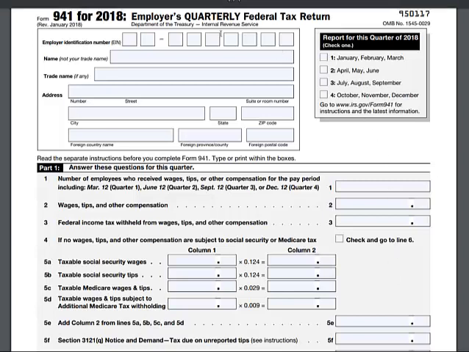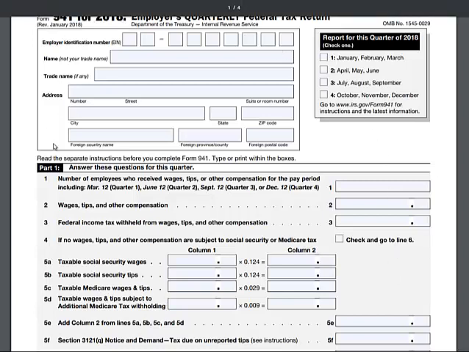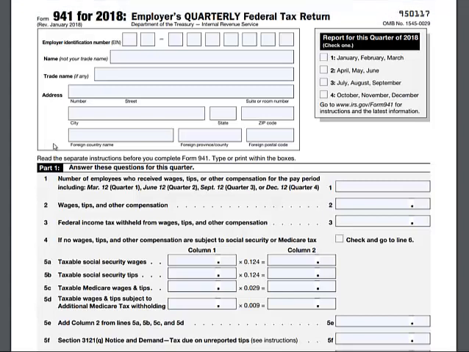The top section here in this box is where the employer information is listed, and over to the right is where we are going to indicate the quarter for which we are reporting. We would just click the appropriate box. Now down on line 1 is where we report the number of employees that were paid wages. So the actual number of employees to which we paid wages is going to be reported on